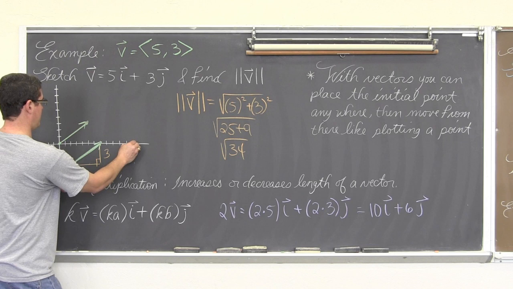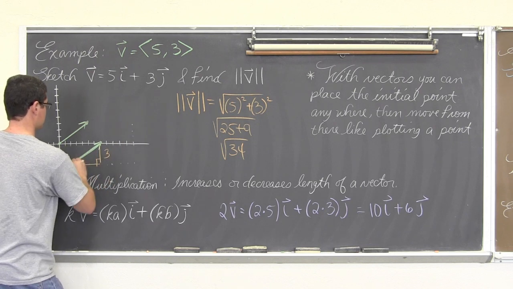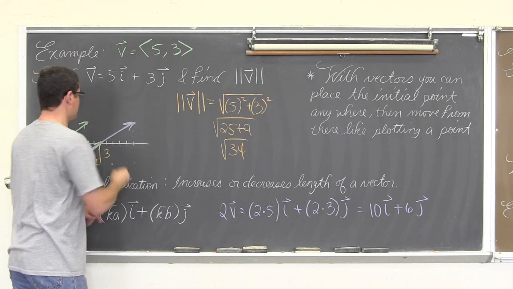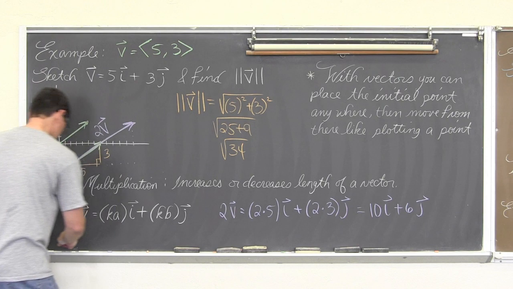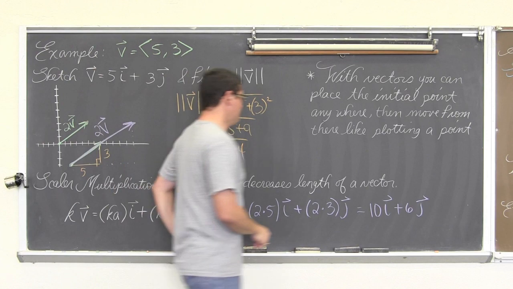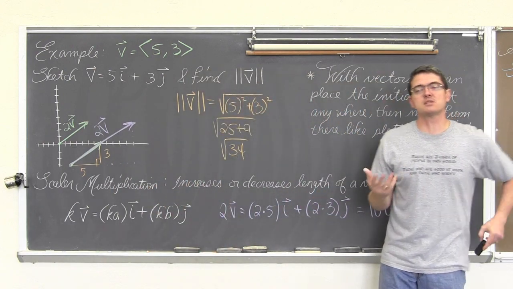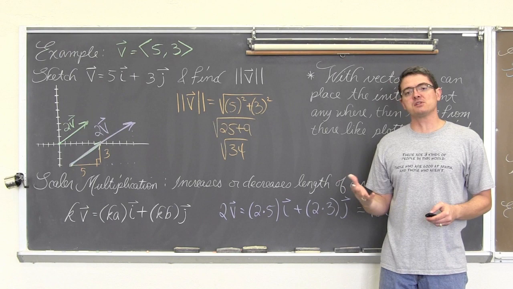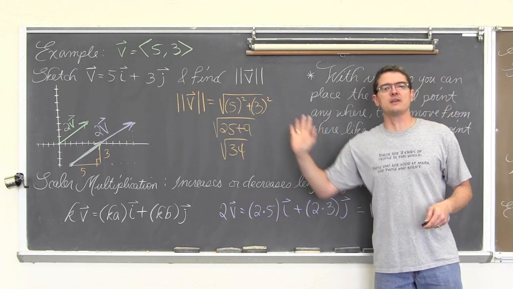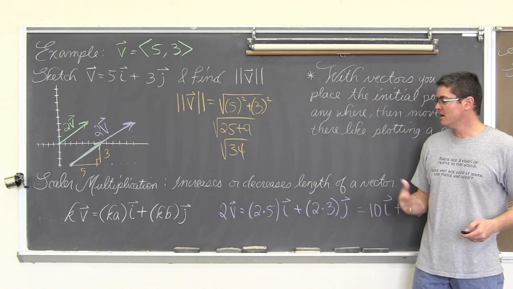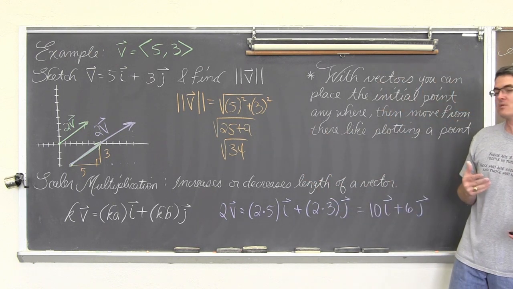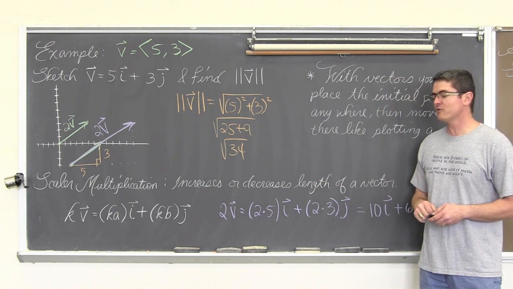So 1, 2, 3, 4, 5, 6. And all I'm doing, as you would expect, is making my vector, in this case, because my scalar multiple is 2, I'm just simply making my vector twice as long. And when we talk about forces, certainly wind can pick up and double its speed. I can push harder on something, twice as hard, to try and get it to start moving. So scalar multiples are just simply increasing or decreasing these natural forces that we're trying to represent with our vectors.